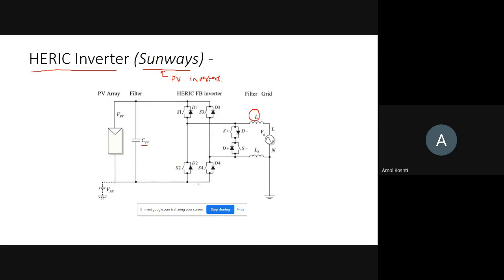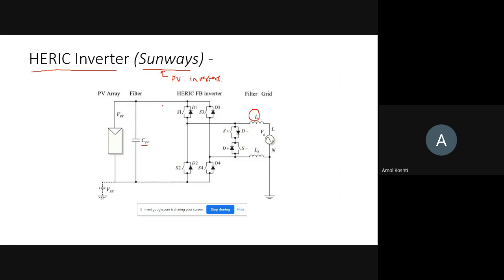Okay, so from this I just remember, it is specifically connected to produce the zero and to avoid the reactive power exchange of L1, L2 with respect to C, or C with respect to L1 and L2. Adding these two switches before the AC filter is named here as a Herrick inverter, which is manufactured by the Sunways company.